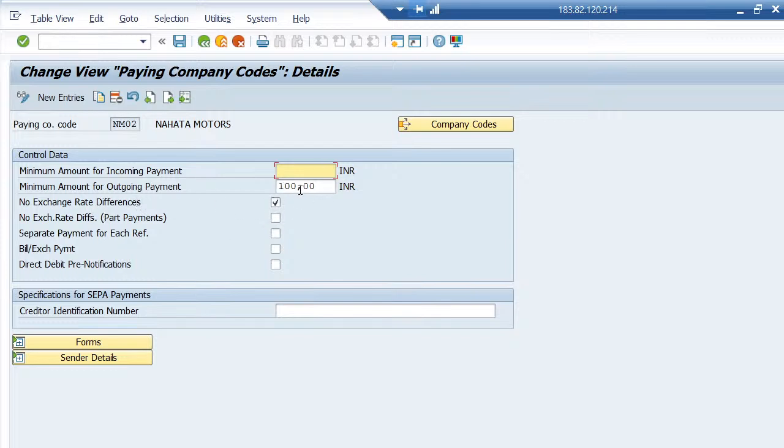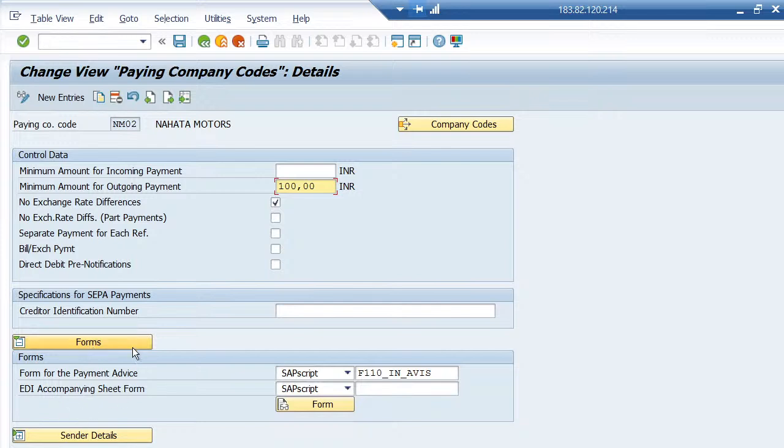As we are doing vendors, so minimum amount for outgoing payment. Why we are giving minimum amount here? Because what we are giving here, so the program will fetch invoice above 100 rupees because we have given minimum 100 rupees. So APP program will fetch more than 100 rupees invoices. Okay, no exchange rate differences we want. Then